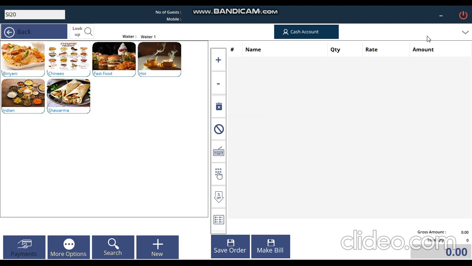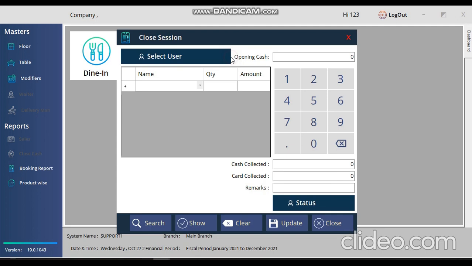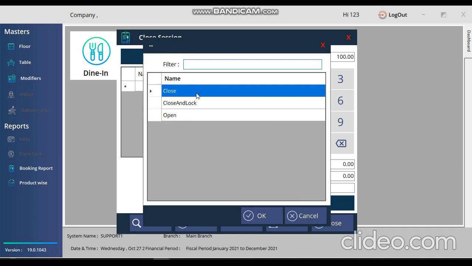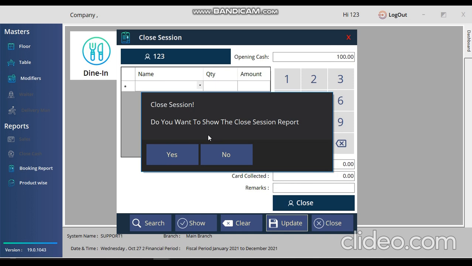So after a transaction or after a day end, if they need to end their session, they can simply use close session. Here you can choose the username, and here they can input open cash. It will be automatically listed here. You can simply input cash collected, card collected. If there is any remark, they can input a remark, and they can simply click and close their session, just like this. Very easy. They can update it, and if they need to show the report, they can simply click yes,